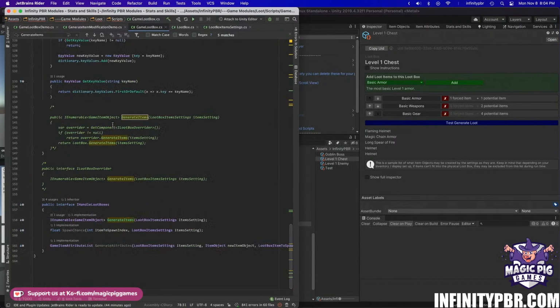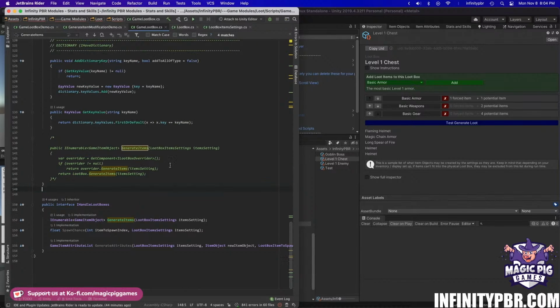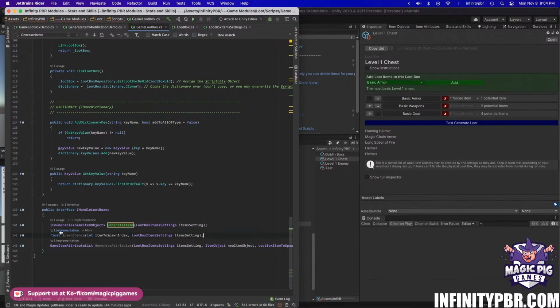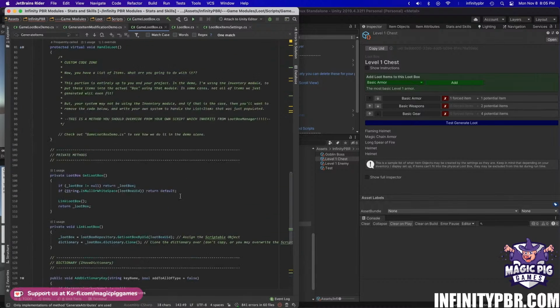So game LootBox now has this interface down here. Now I removed this overrider. We're not going to use that. I'm actually going to delete it now. I simplified what we were discussing a little bit here. And we now have an interface that has I handle loot boxes, and it does 3 things. We have generate items, spawn chance, and generate attributes. These are the important things. The items that we create, the chance that something gets created in the first place, and then the attributes that get put on it. Now, if you do nothing,